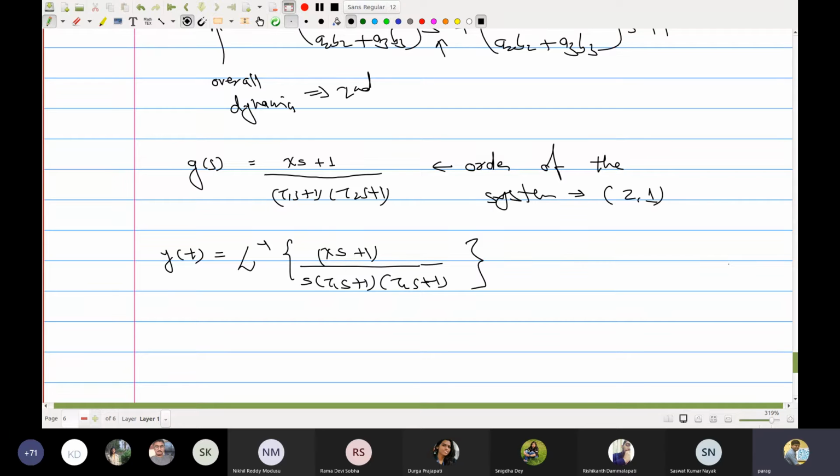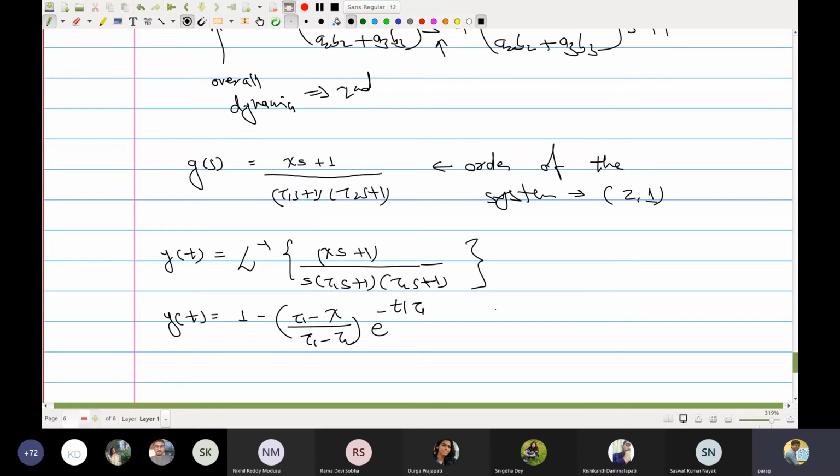And as I said, I will not waste time solving this entire expression. I'm writing the final expression directly. y of t is equal to 1 minus tau 1 minus psi upon tau 1 minus tau 2 e to the power minus t by tau 1,